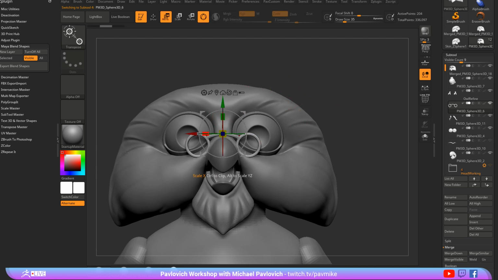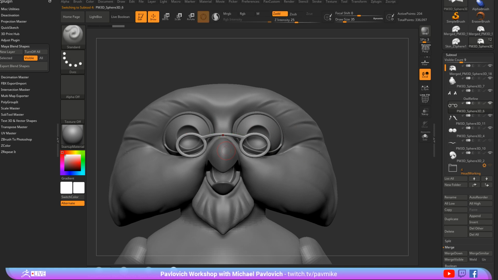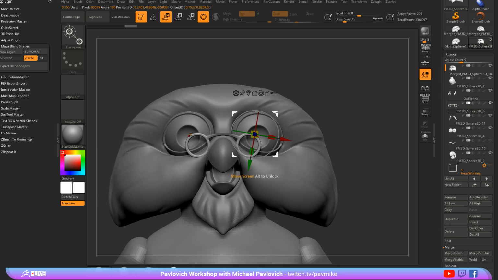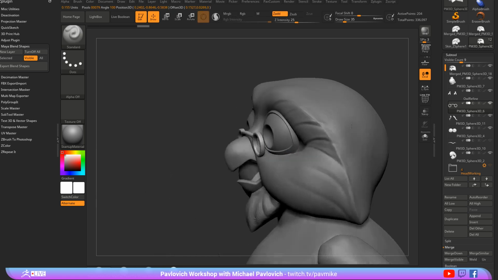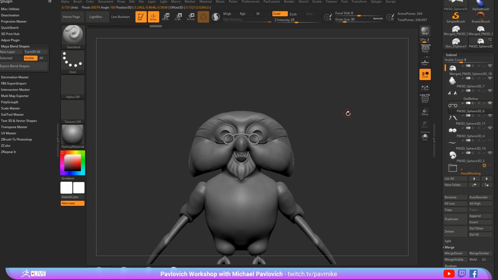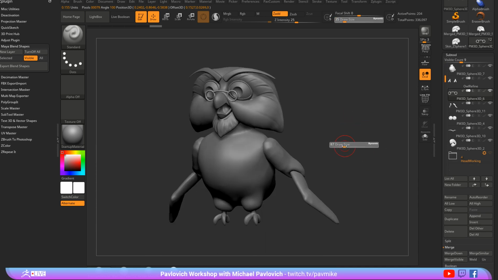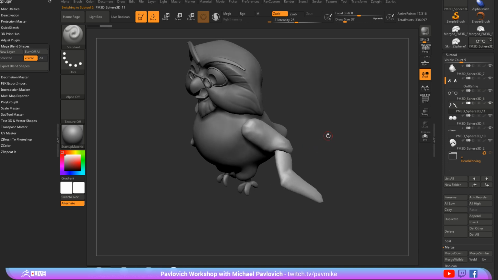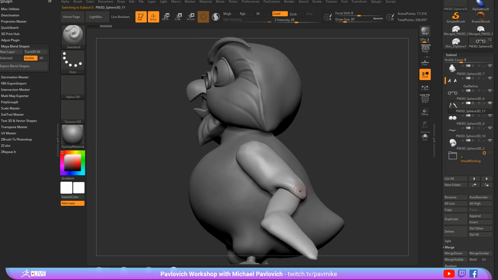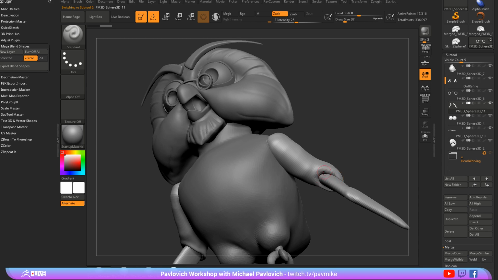You don't want to scale these things out necessarily unless you want to get that oval look. You can also just go through and mask, and then just move these out independently from that bridge there. So we'll go ahead and turn his eyebrows back on. Another thing, this is what we were talking about. We're ZRemeshing this kind of fat fold in there